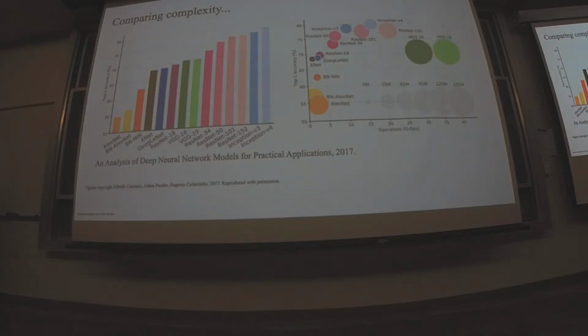we're going to do a little bit of thinking about some of the networks that we've looked at before. This is a cool meta-analysis done in 2017 of a bunch of different kinds of networks, some of which we've learned about, some of which we haven't, but we've learned something about them. So what it's showing you here is how well the network does on the ImageNet competition data. This is now reporting top 1 accuracy instead of top 5